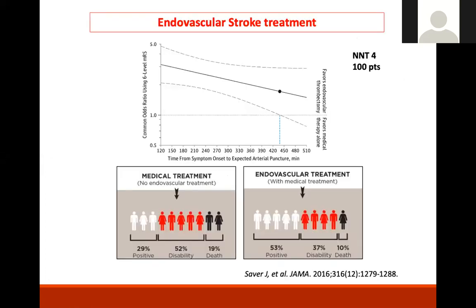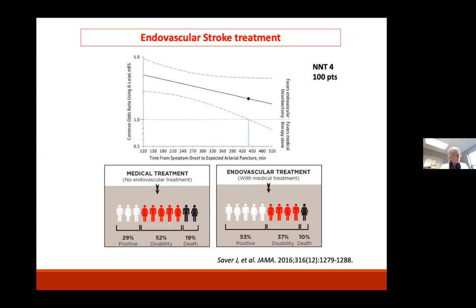I have one question before you get too far in about EVT. Is there any way to predict which patients may bleed after TPA? If they have contraindications to treatment, that would be the biggest one. There's a long list of inclusion criteria and exclusion criteria. One of the things that was clearly shown in the early trials with TPA is that you have to follow the recipe very strictly because you will cause